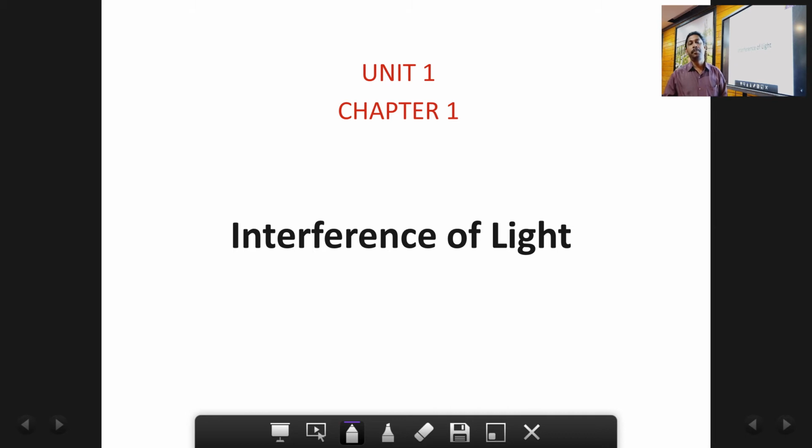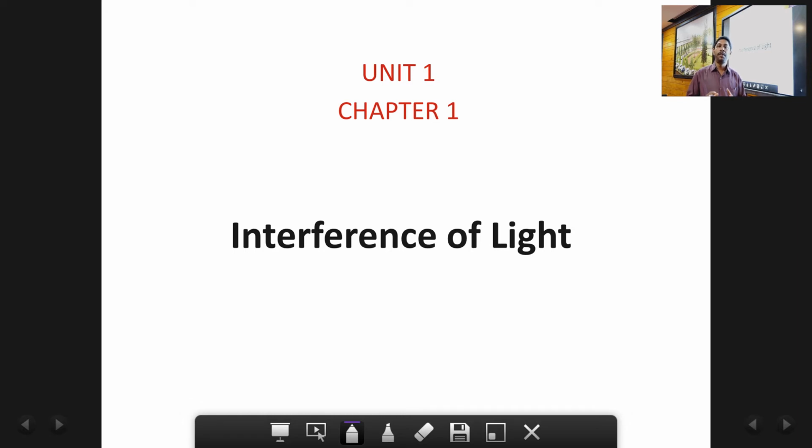We'll be starting with the first chapter in your syllabus, that is interference of light. This is an important chapter and it's a slightly big chapter. Many questions, many problems come based on this chapter. You must have studied some concepts about it in your lower classes, might be in 12th or 11th standard. In this chapter, you will be doing a slightly different type of interference, something called interference based on division of amplitude using what are called thin films. All these concepts we'll be discussing in detail in this chapter.